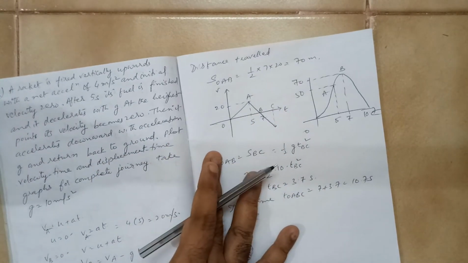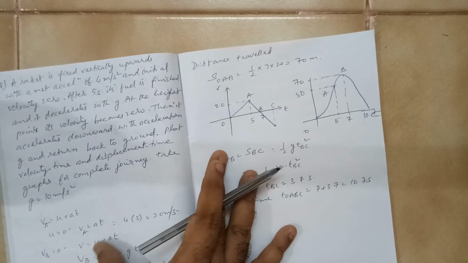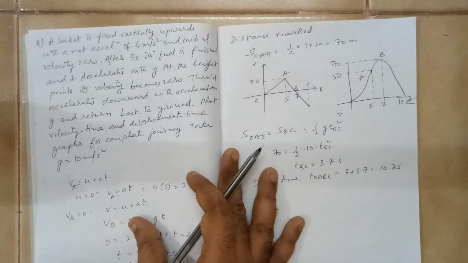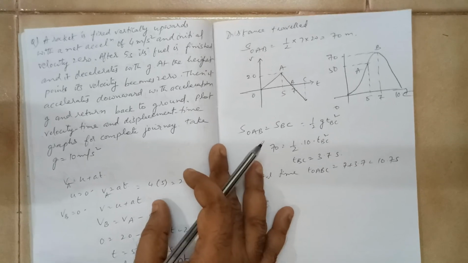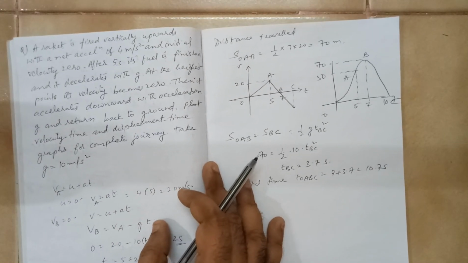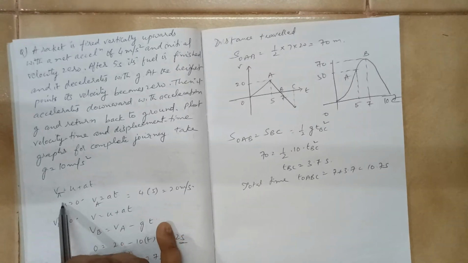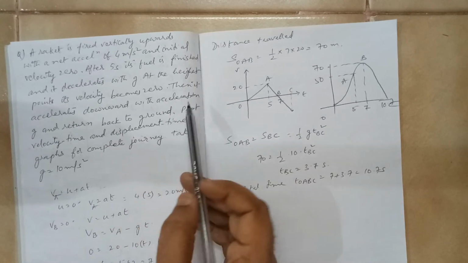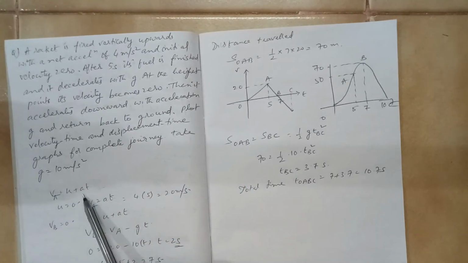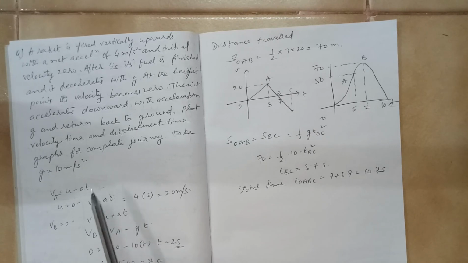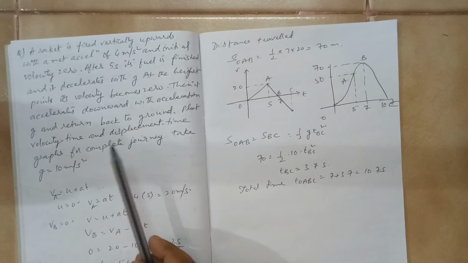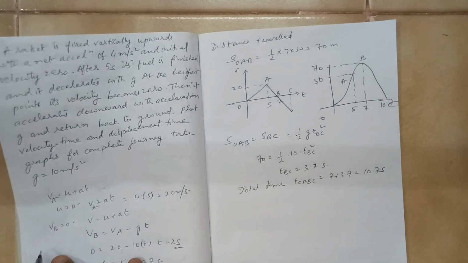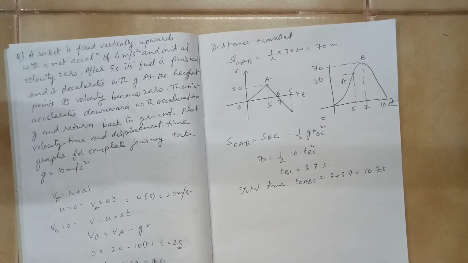So till what point has it traveled? Till the point its velocity has become 0. Now what is the speed at the time when the fuel is over? Will it stop? No, it will keep traveling because of its own thrust. So we can use the equation v = u + at. Initial velocity is 0, and we are given the time and the acceleration, so we can find the speed of the rocket when the fuel is over. It was going with 20 m/s. It was still cruising, and once the fuel was over it went up some distance further.